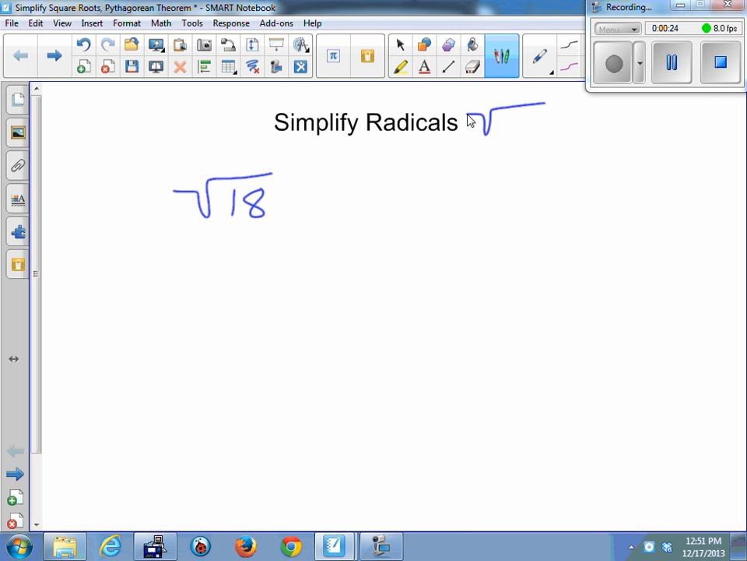So what we're going to do is try to divide out, or turn that number into two other numbers. One is a perfect square and the other is not a perfect square. So our perfect squares